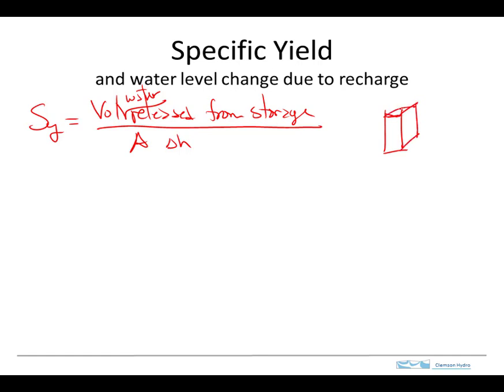Here's just a representative block within the aquifer, where there's a water table there, it drops to there, and that's delta H. And there's area. Okay, now we also might imagine that if we put water into this, say we start off with a situation like this,